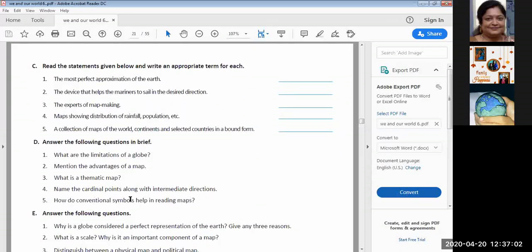Beta, remember, cardinal points means, remember the newspaper, NEWS: north, east, west, south. Cardinal points, where do we remember it from? Where did the news word of newspaper come from? North, east, west and south. Intermediate direction, I said northeast. Yeah, very good. I'm getting this answer from Sham Sundar Path, etc. Very good. Northeast, northwest, southeast, southwest.